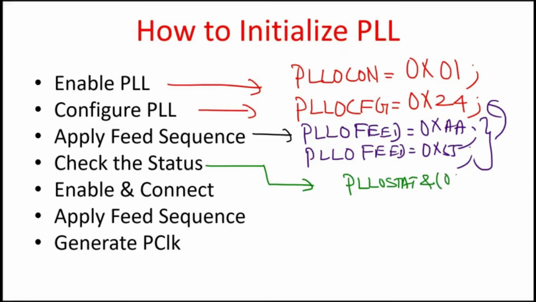and the operation of hexadecimal 01, left shift this by 10 times because 10th bit is my lock bit, and check whether this is equal to 0. By putting a while statement. So what am I doing? I am checking whether the p lock bit, whether it is equal to a 1. So if p lock bit is a 1, then I'll go for further processing. If p lock is equal to 0, then I wait.